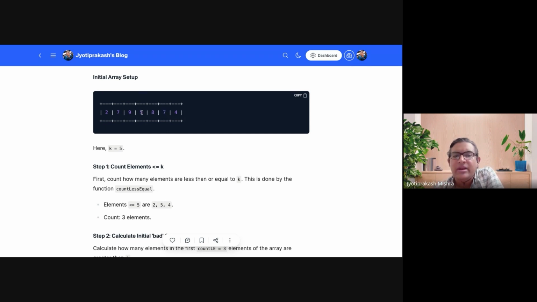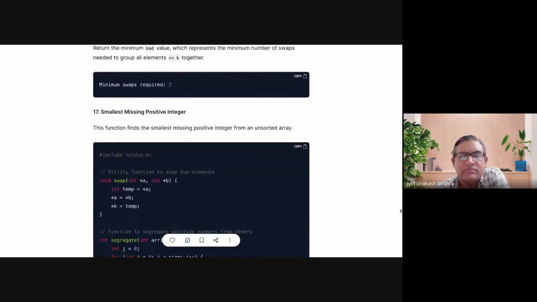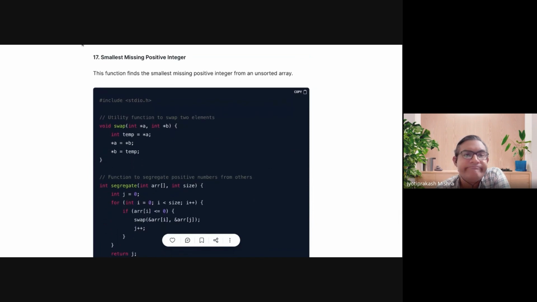अगर कोई ऐसा विंडो होता जहां पे बैड काउंट 1 होता, तो वो वाला विंडो आप चुनते हैं। उसमें एक ही बुरा नंबर है, उसको स्वैप कर लेते हो, जो गुड नंबर बाहर बचा है जो विंडो के अंदर आया नहीं है उसको लेके आ जाएंगे, एक स्वैप में हो जाता है। लेकिन इस केस में कोई भी विंडो ले लो, तुमको 2 स्वैप तो कम से कम करने पड़ेंगे। ये समझ में आया सबको? आ गया समझ? ओके ओके ठीक।